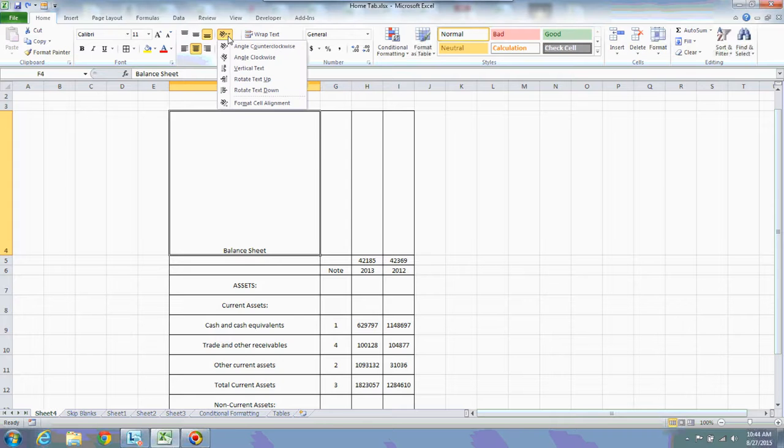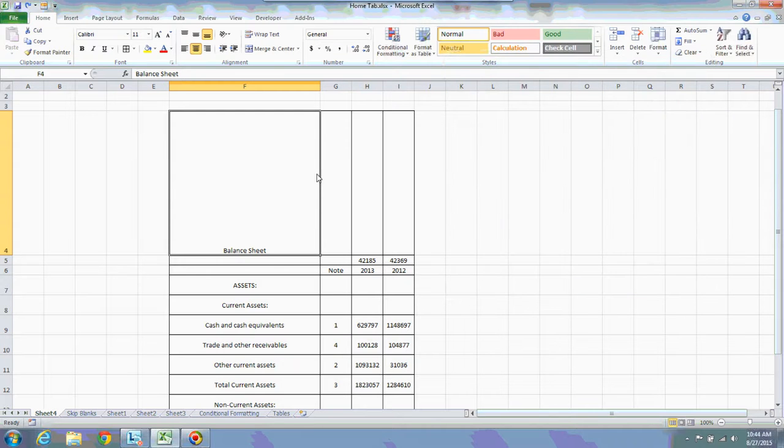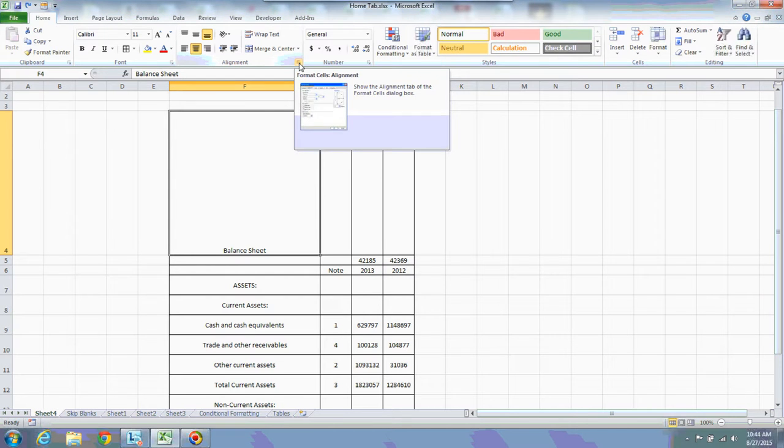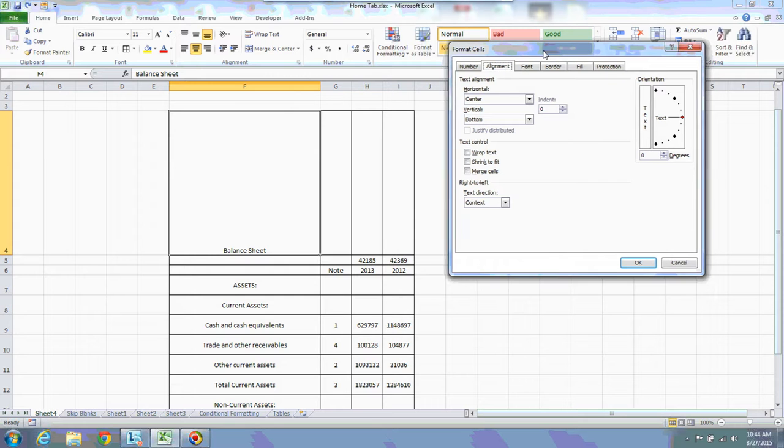So you can opt the degrees based on your requirement. Now what are the other options which are available under this format cells dialog? You can also get this dialog box using the Control 1 option on the keyboard. You can press Control 1, you will be launched this dialog.